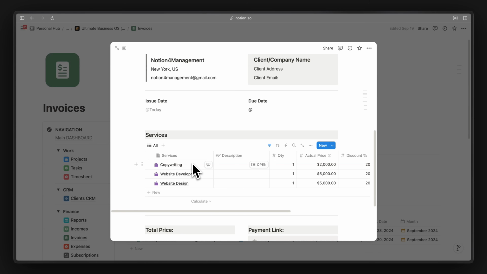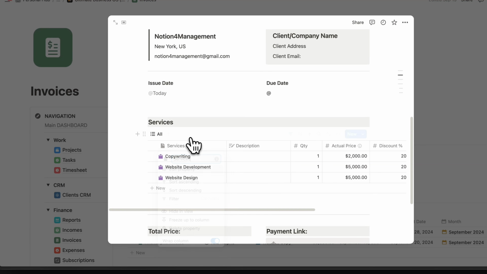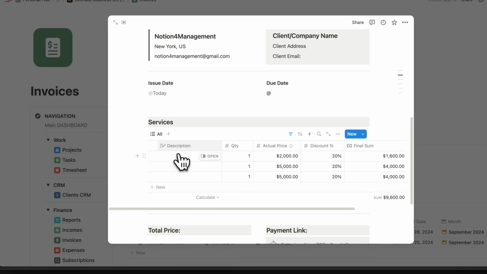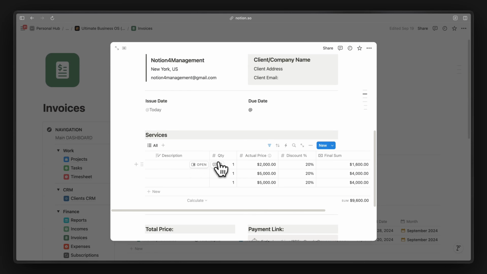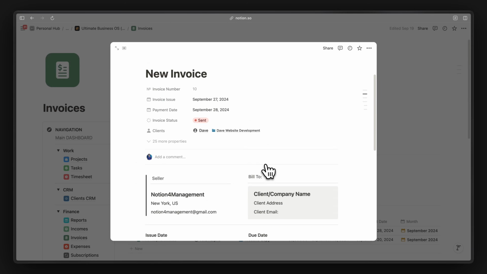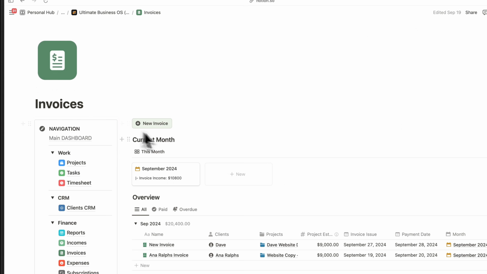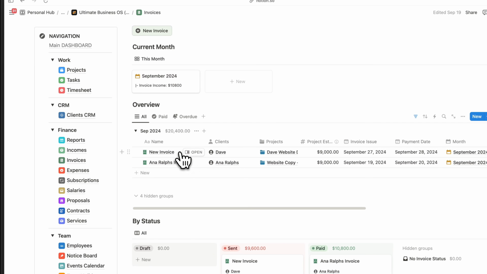If you don't have services connected to your project, you can always just go ahead and hide this services page, hide the services property, and use this description as the name of the service, and then add the quantity and add your actual price. Now, if you'll notice, if we go back and let's say this was our new invoice,